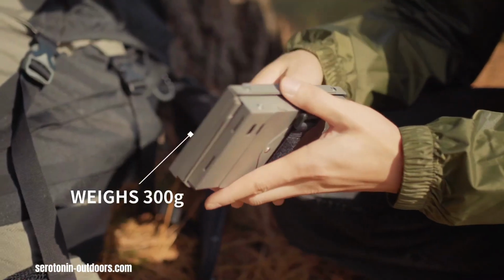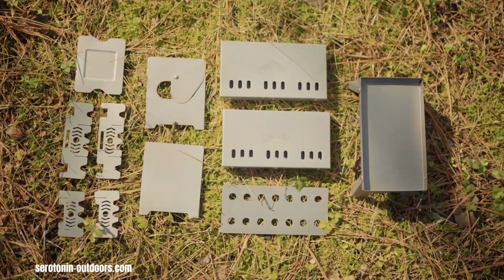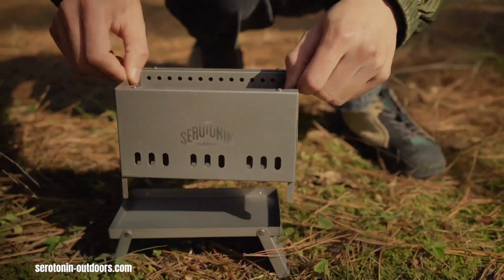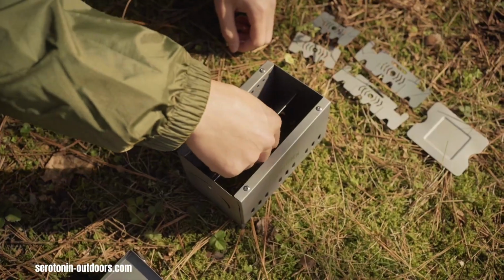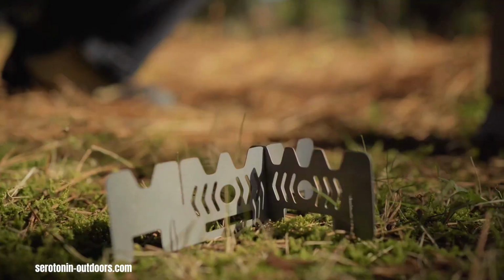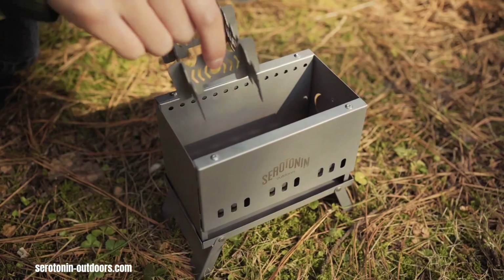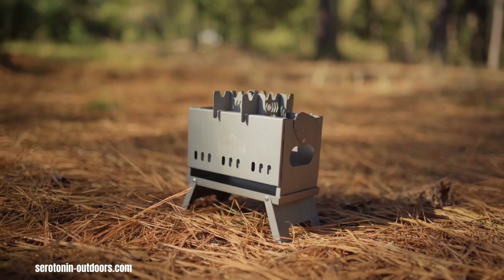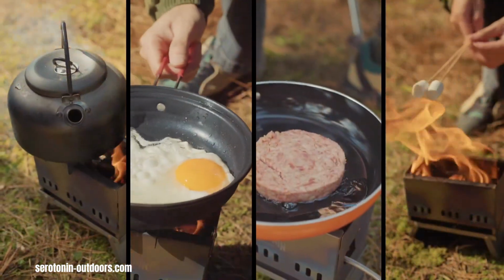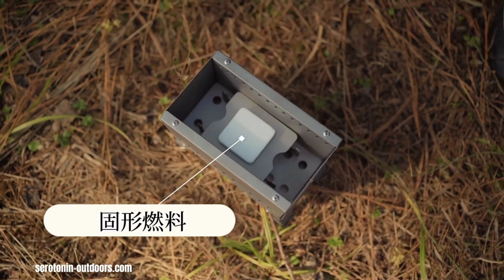The Serotonin Outdoor Stove is making waves as the world's smallest detachable secondary burning camping stove. Its ultra-compact design allows it to fit in the palm of your hand when disassembled, making it a perfect companion for backpackers and minimalist campers. This innovative stove boasts a detachable design for easy assembly and packing, and utilizes a secondary combustion process for increased fuel efficiency and reduced smoke. Constructed from durable titanium or stainless steel,